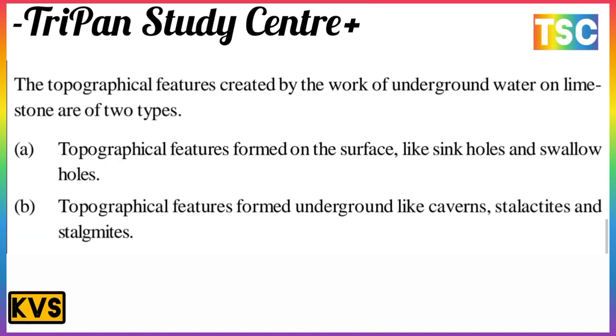The topographical features created by the work of underground water on limestone are of two types. The first type is topographical features formed on the surface, like sinkholes and swallow holes. The next type is topographical features formed underground, like caverns, stalactites and stalagmites. That is the most important. The first point,